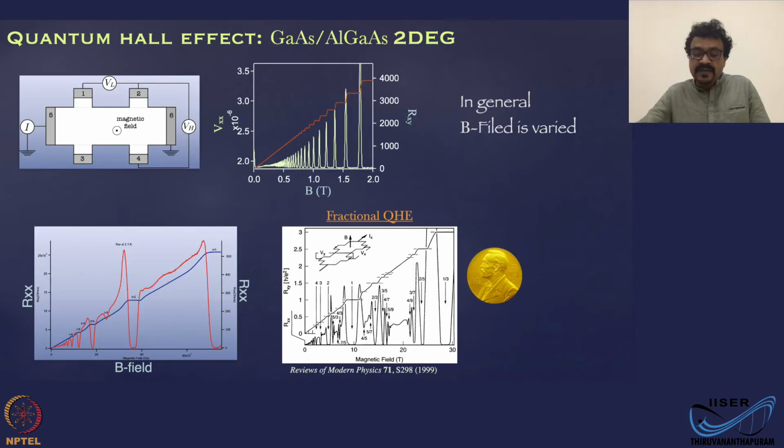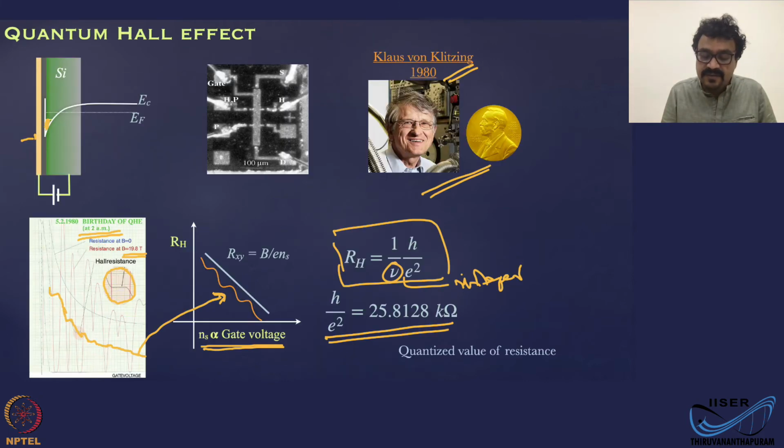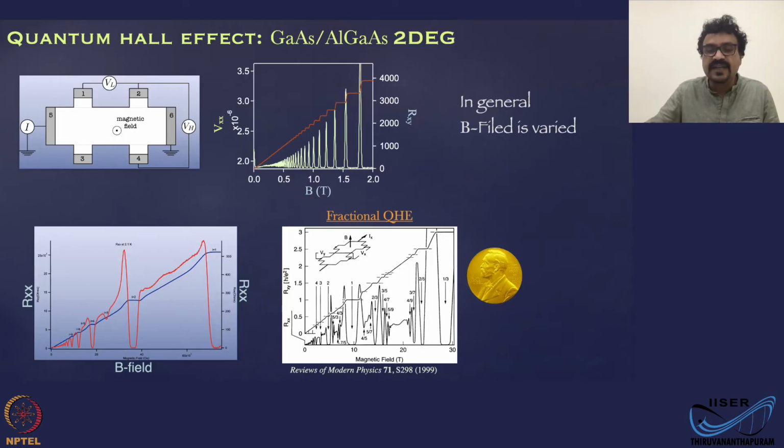Now, what we have from the previous slide is we are varying the Rxy by varying Ns. But instead of that, you can also vary the B field, the magnetic field. So the later generation of high mobility material based on gallium arsenide, aluminum gallium arsenide or similar systems, those are remotely doped. They already have carriers in the quantum well. The formation of the well we have discussed extensively in one of those modules.